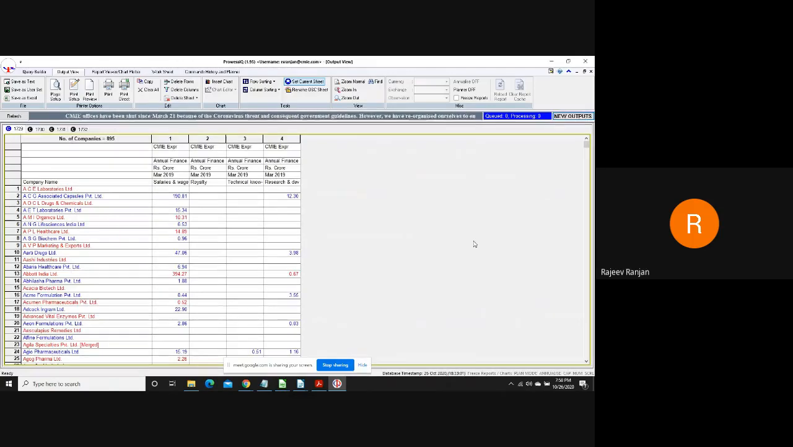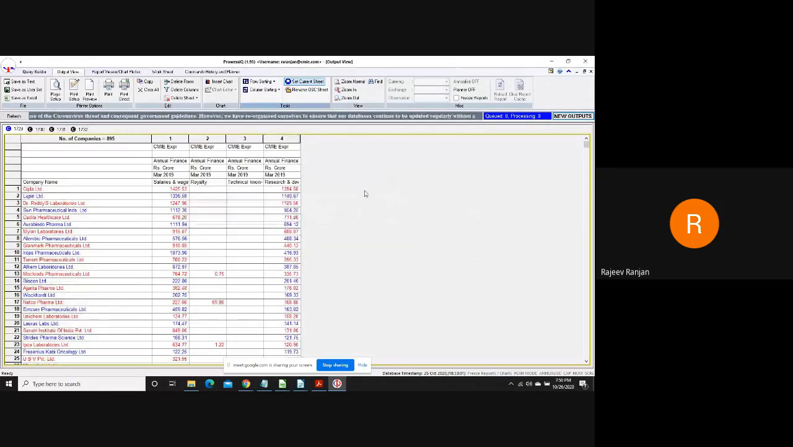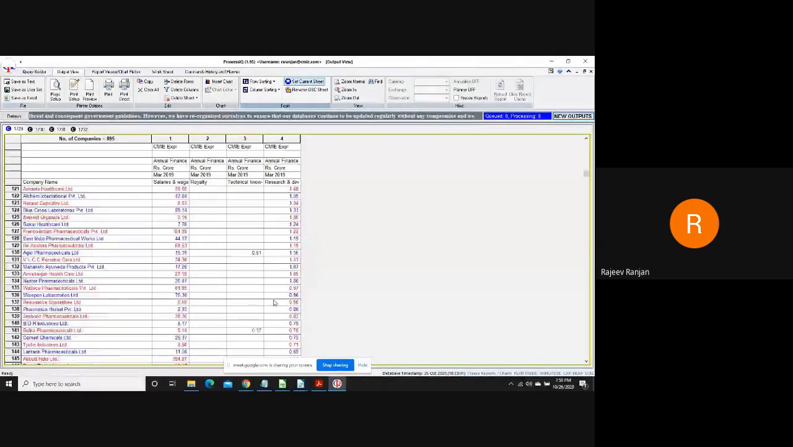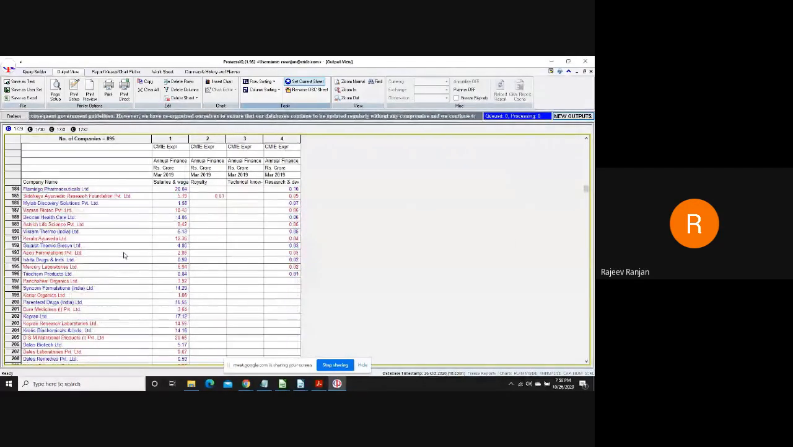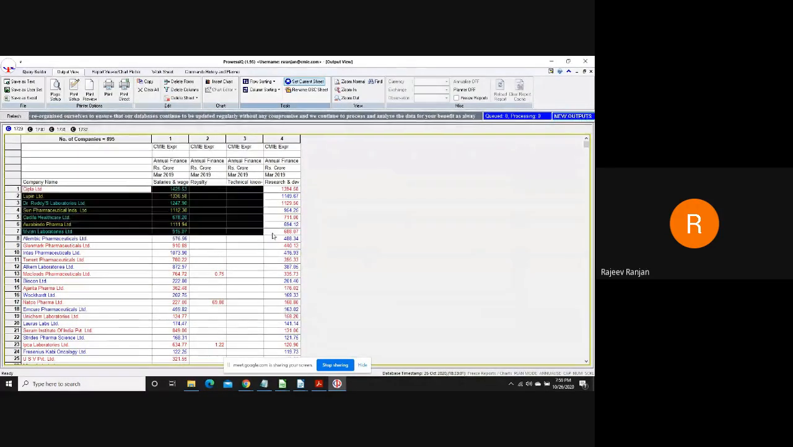So what I did, I did not remove any company. I simply added the information for these companies to see the data. Now, if I want to sort them, out of these companies, how many companies are spending on R&D? If you see the R&D expenditures, and if I scroll it down, out of 895, close to 200 companies have got expenditure on R&D, and the most expenditures by R&D, these are the top